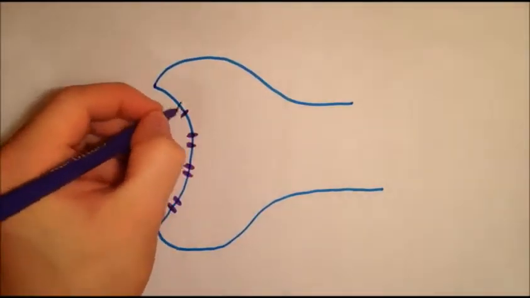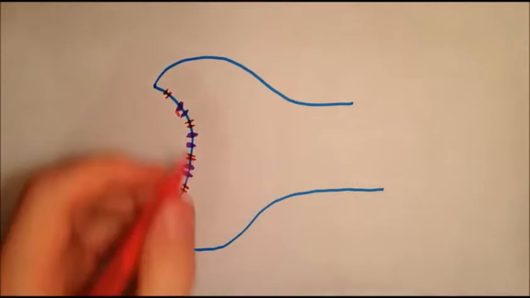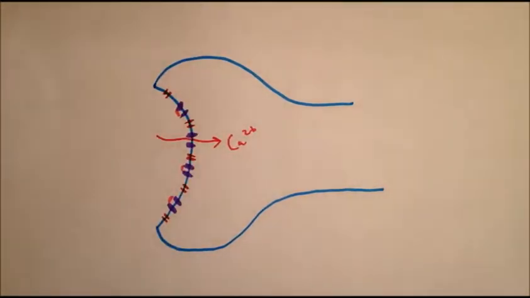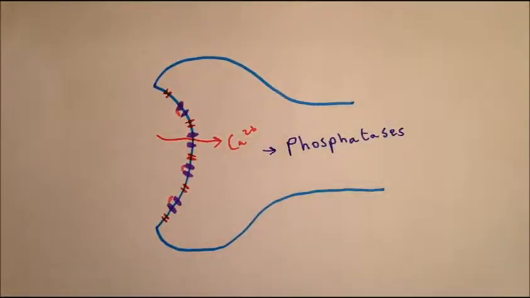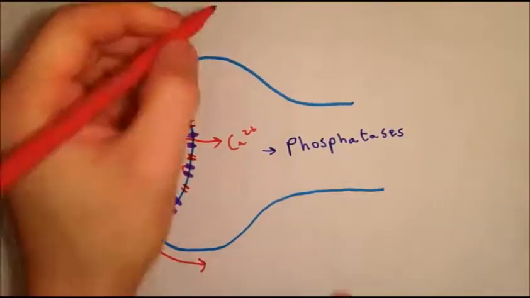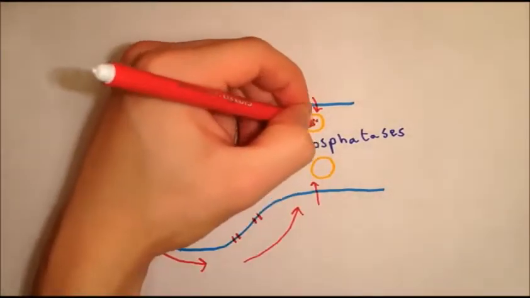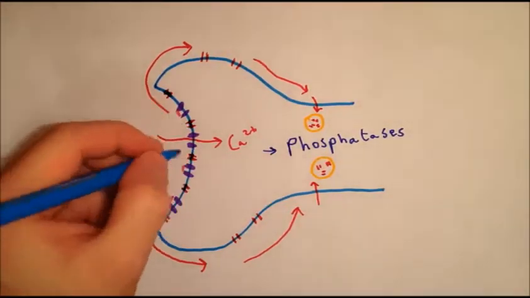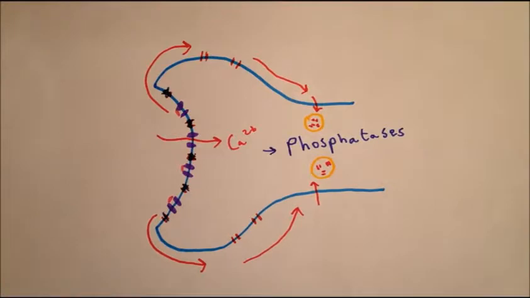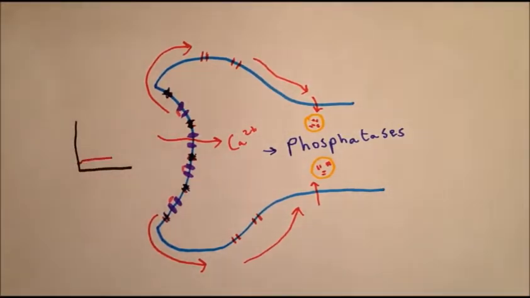A more moderate calcium influx does not cross the critical threshold necessary to activate calcium-dependent kinases, and instead, it only activates protein phosphatases. These again alter the recycling of AMPA receptors, but in the opposite way. They increase the endocytosis of AMPA receptors, decreasing the number of them available at the postsynaptic terminal. This means that when glutamate again crosses the synapse, fewer receptors are there to open, less current flows through, and the change in potential